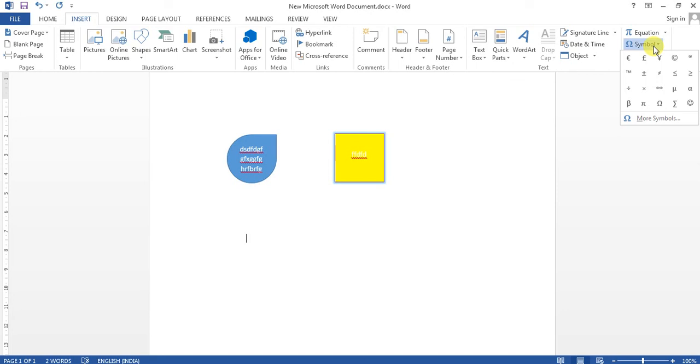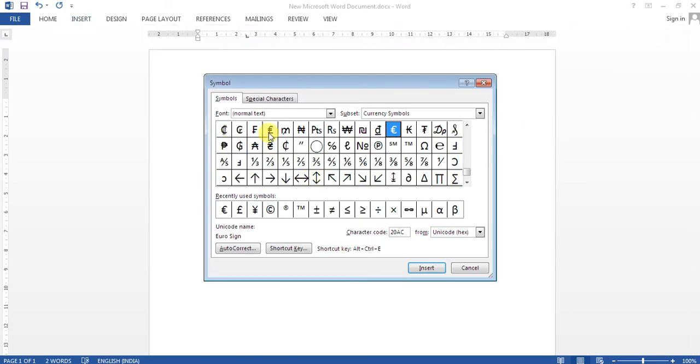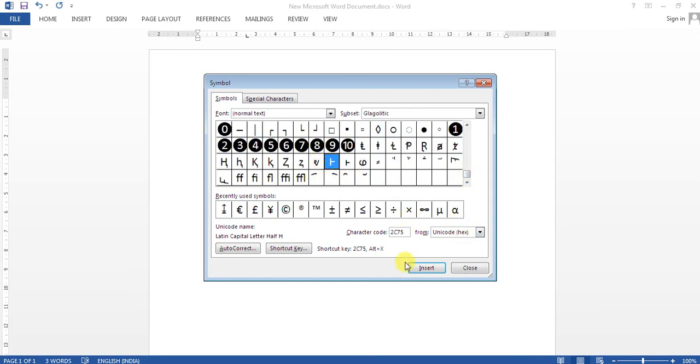Here you can see these kinds of symbols. Choose an appropriate font. Suppose I choose this. Then click on that and insert.